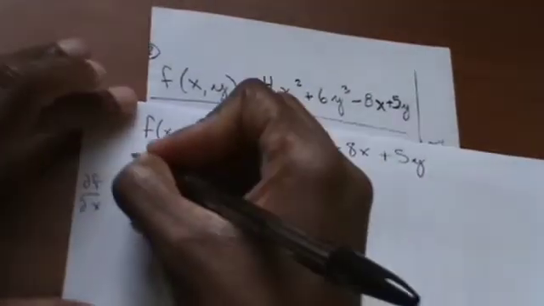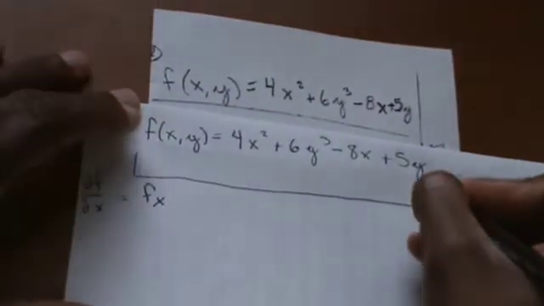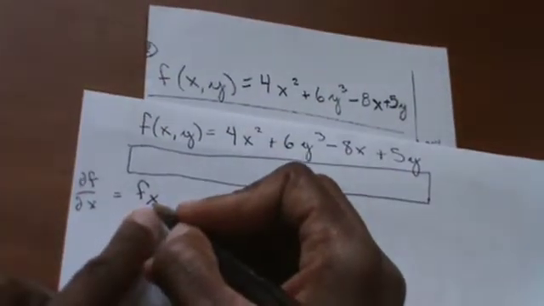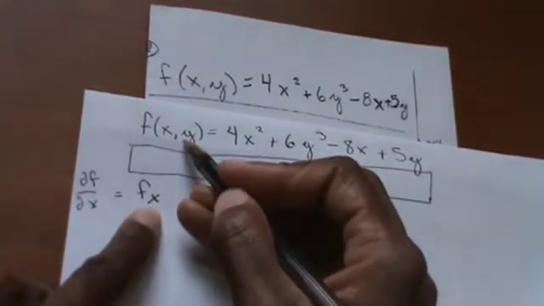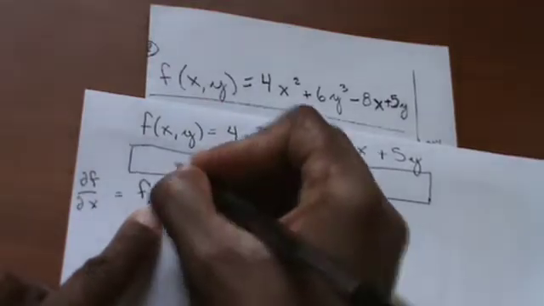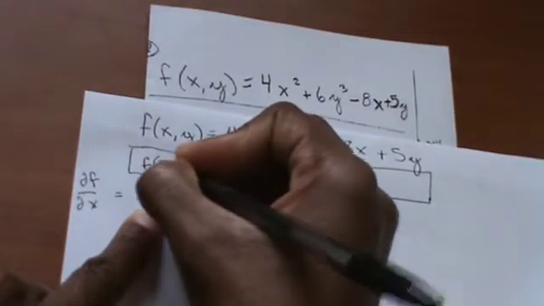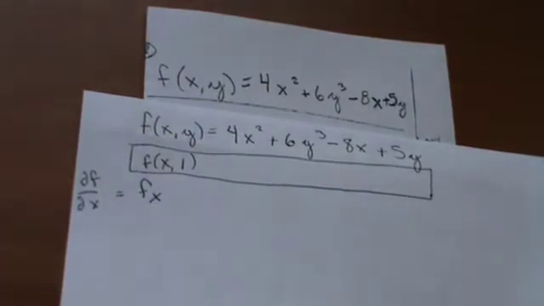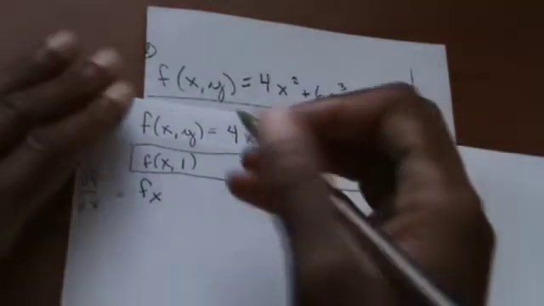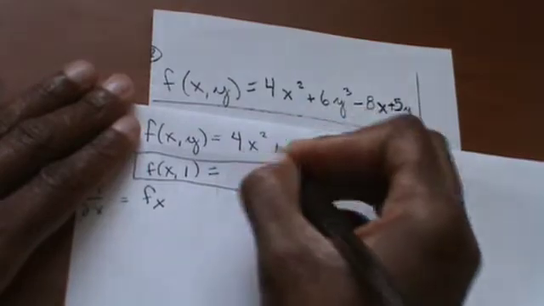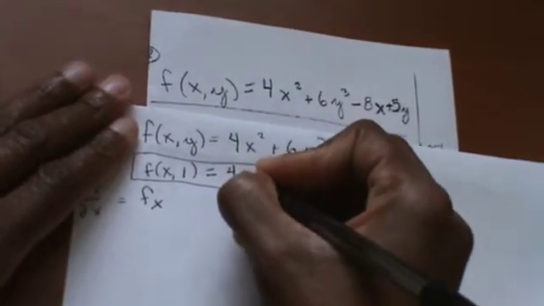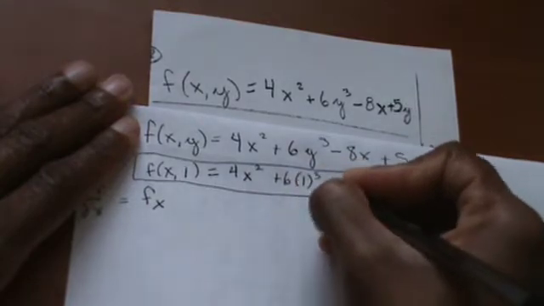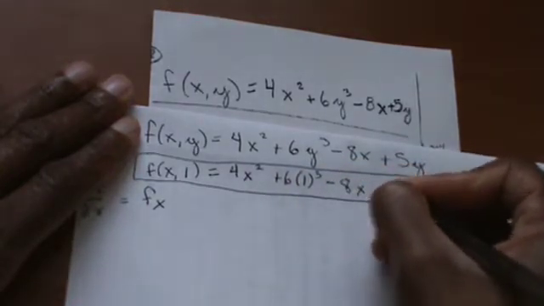Okay, so I'm going to go up here, and in my box I'm going to write down how this is behaving. Okay, this says x is changing. X is moving up, moving down. The y is the one that's stuck, right? So this is behaving like f of x, 1, right? Again, you can use any number you want. This will be telling with any number, with the exception of 0. 0 is deceptive. 4 times the x squared plus 6 times 1 cubed minus 8 times the x plus 5